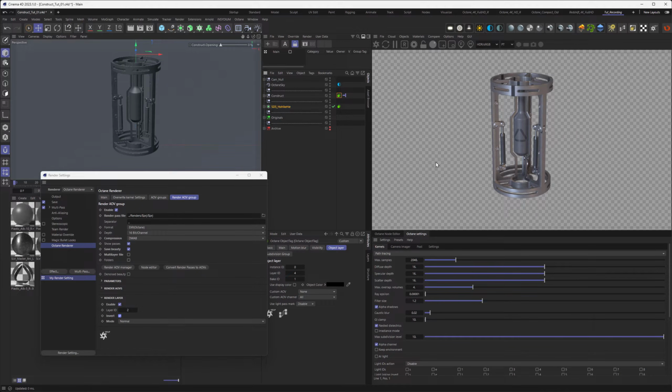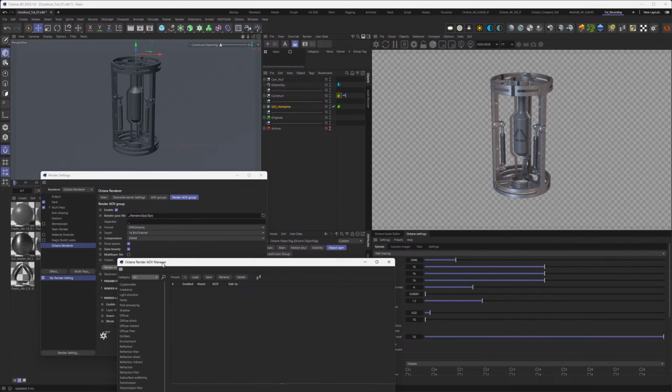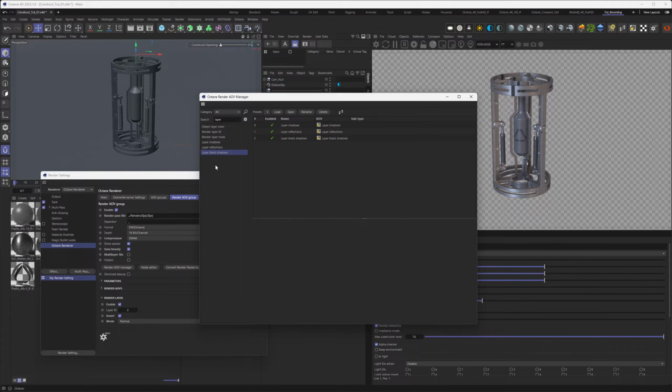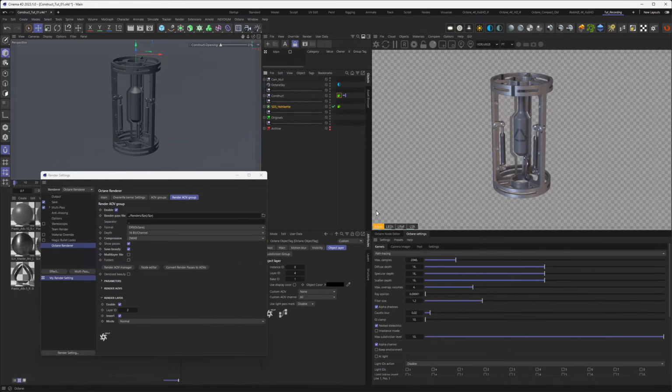So let's bring this in by going into the render AOV manager here. And what we are going to do is search for layer. And this is really convenient since the layer here is also reflected in the layer of the passes we are searching, or the AOVs we are searching. So just double click on layer shadows, layer reflection and layer black shadows. Alright, so now that we've added that in, let's close our render AOV manager